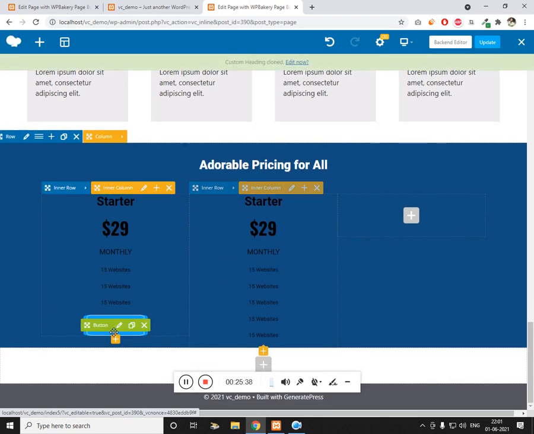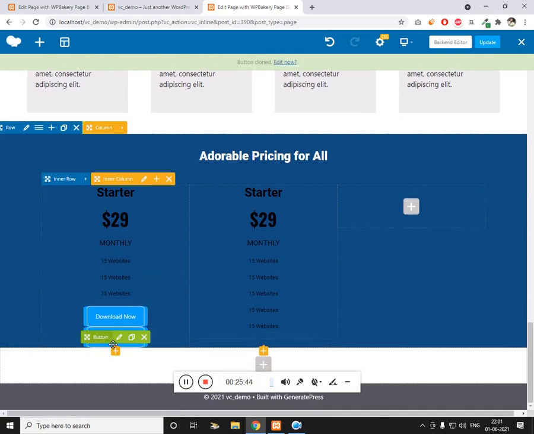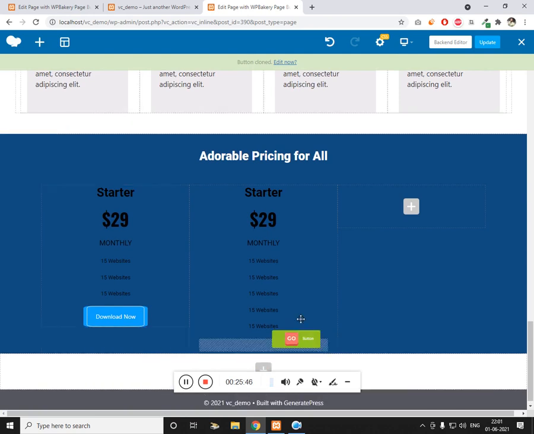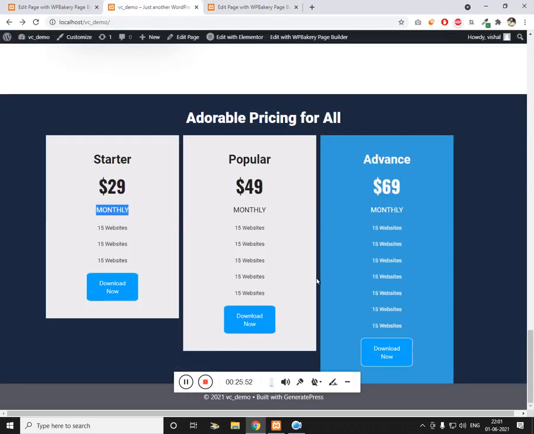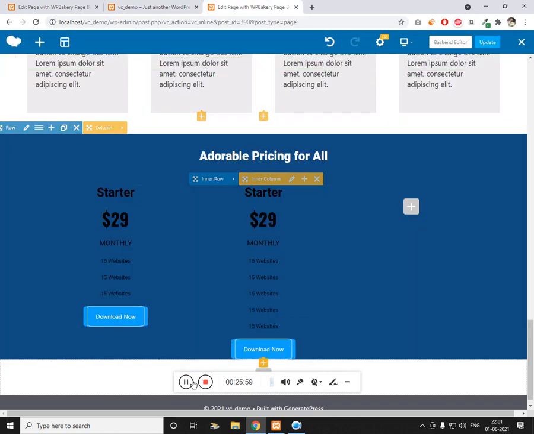Now let's add the button. Clone the button and place the button over here. So let me pause this and do the same thing for it, but instead it is going to have 7 times, and I'll show you how to change the color.